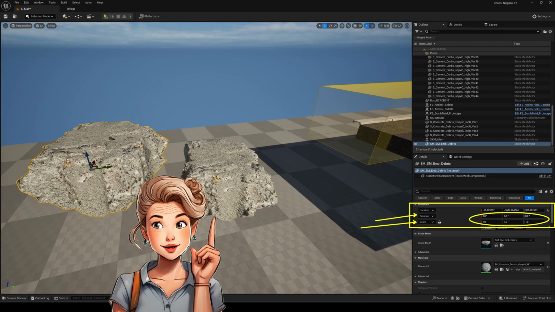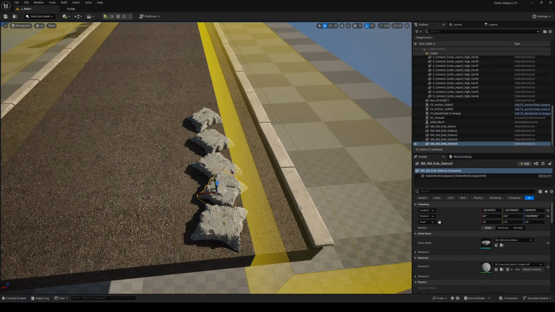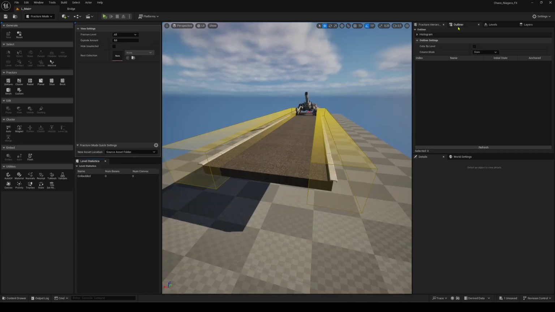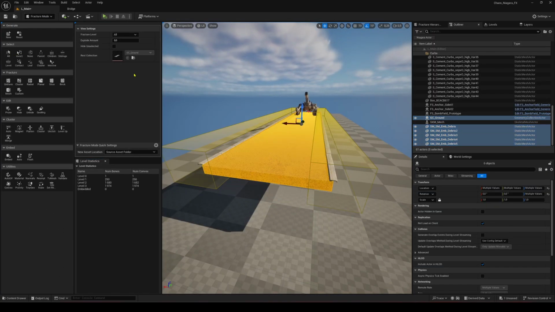But won't it be complicated to set up these debris? Not at all, you'll see. Setting up our embedded geometry is quite simple. You just place them where you want, inside our Geo collection, and then go straight to Fracture mode. Make sure to select all your debris as well as your Geo collection with all its clusters, then use the auto function under embed. The job is done, and yes, it's that easy.